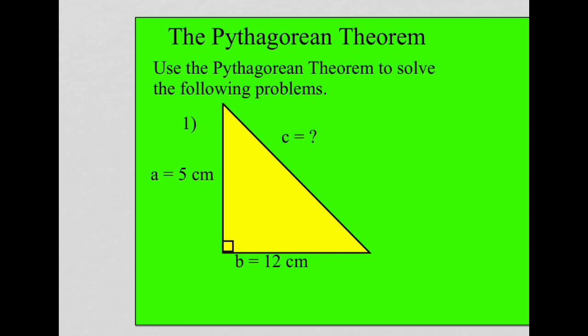Now, how do I know those are the legs? Because the legs are always beside the right angle. This is the right angle right here. So that means the hypotenuse is side C. So the way you do this is you use the math equation a squared plus b squared